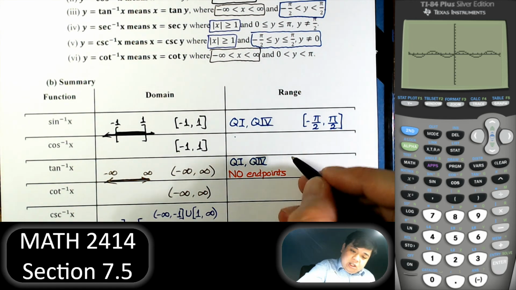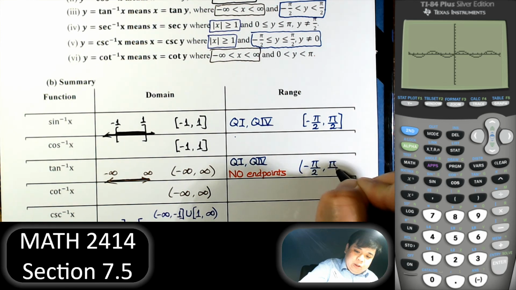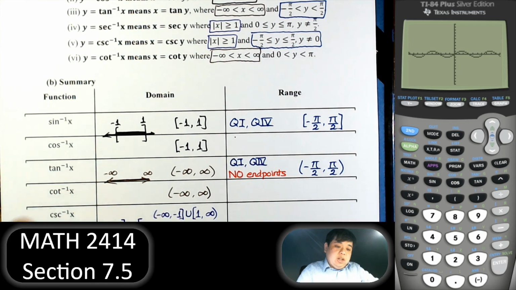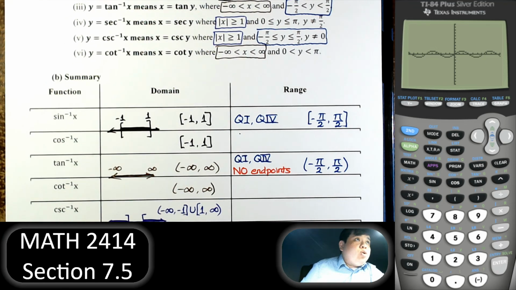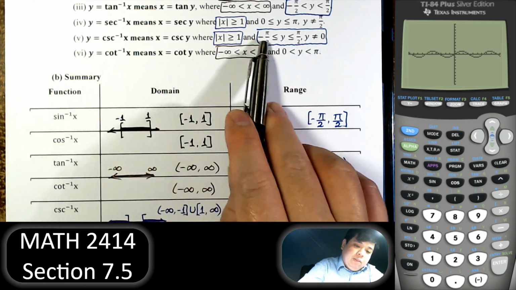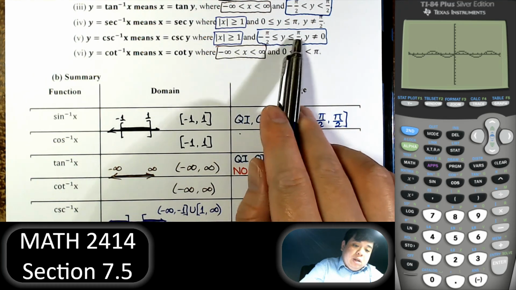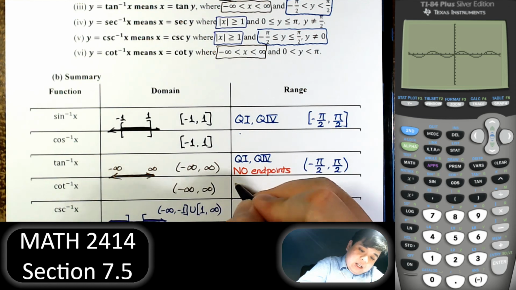So which means we just have negative pi over 2 to pi over 2. Still in quadrant 1 and quadrant 4. And also in quadrant 1 and quadrant 4, cosecant is that. But we don't have the 0. 0 is going to be between this. So once again, it is still in